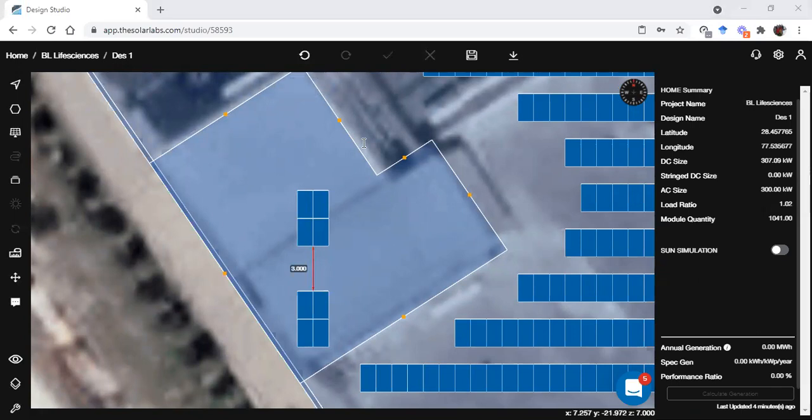What is the best way for measuring DC and AC cable? Okay, so for measuring DC and AC cable, right now we do not have a feature to measure the DC and AC cable. And regarding the practical side, I think I would know less about this than you, because you are doing that on practical sites. So I'm not the best person to answer this question, the measuring of DC and AC cables.